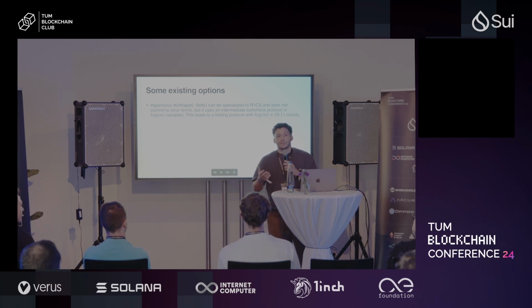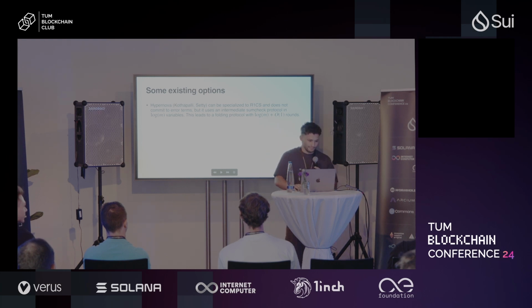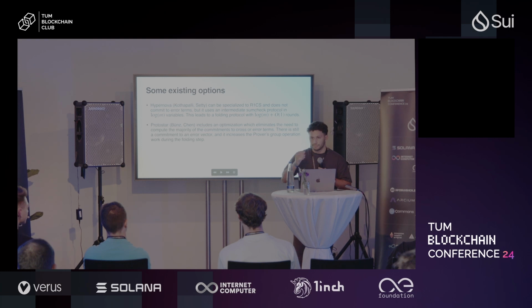You represent it in a circuit, and so you lose some efficiency. Then in Protostar, Benedict actually includes an optimization which eliminates the need to compute the majority of the commitments. So there is still a commitment to an error vector, and it increases the prover's group operation work, but essentially,